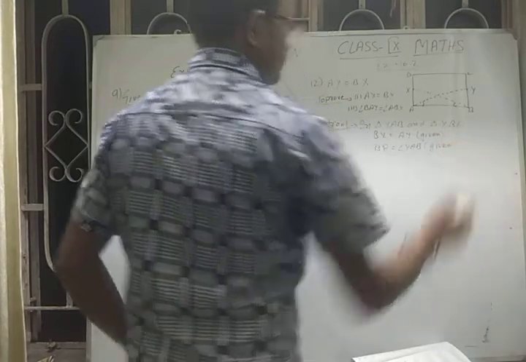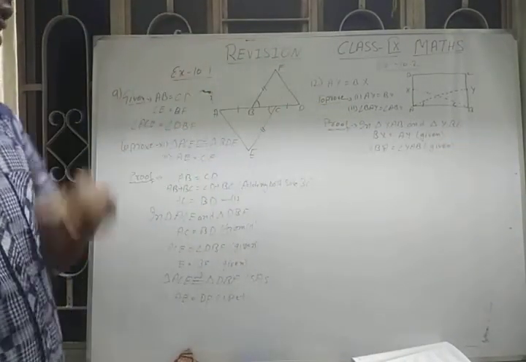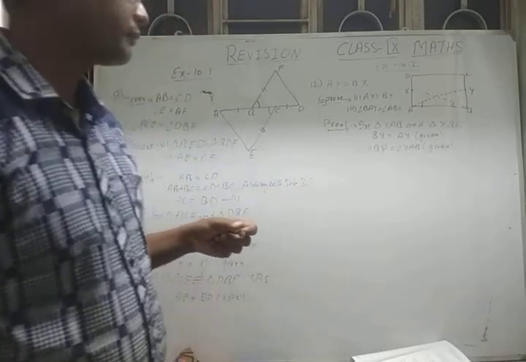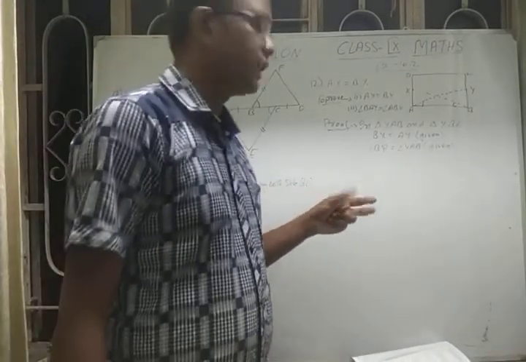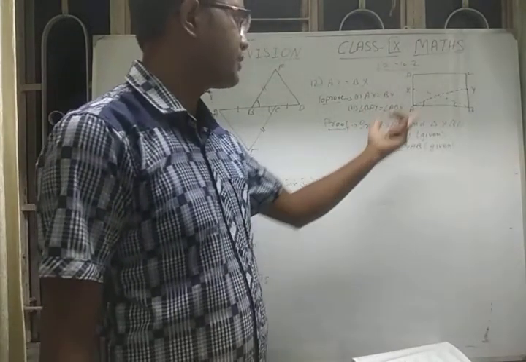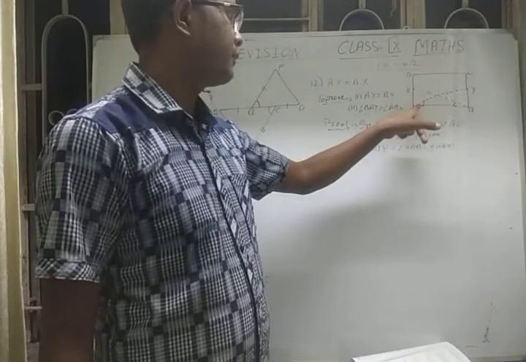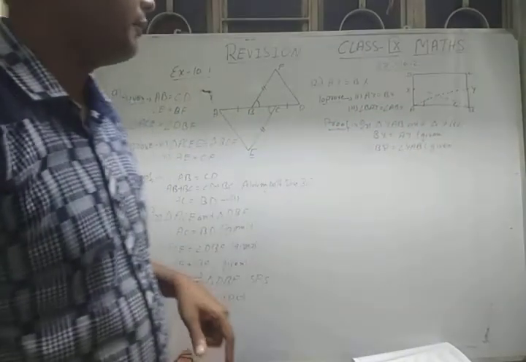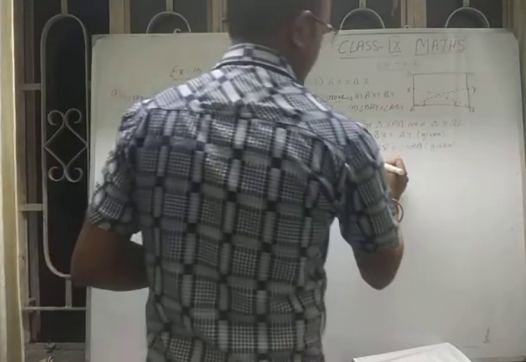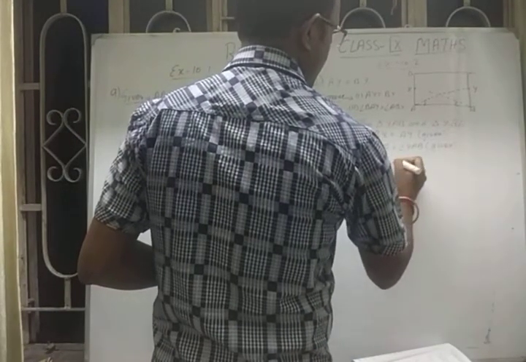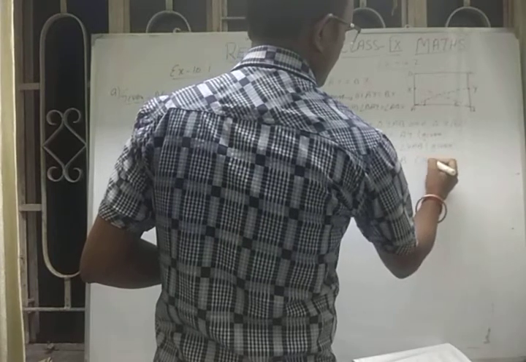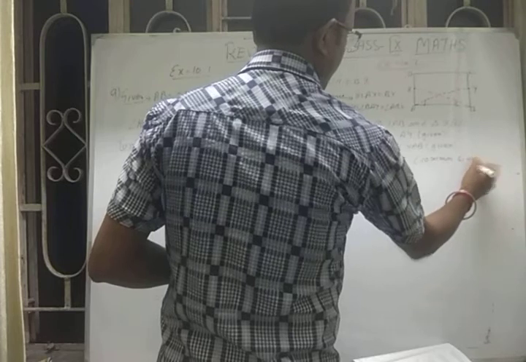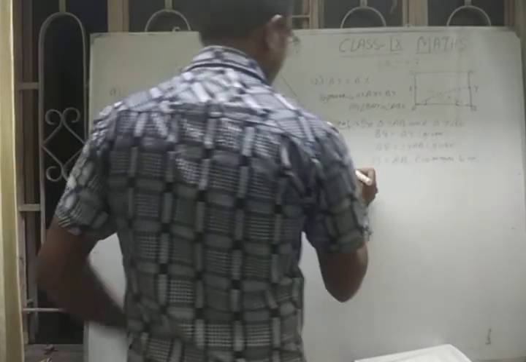So you just write simply it is given. What will be the third part? We need a third side or angle to make these triangles congruent. We have this one angle and this one side. You can see AB is a common side. So you can write here AB is equal to AB, it's a common side. Okay. Now the triangles are congruent.